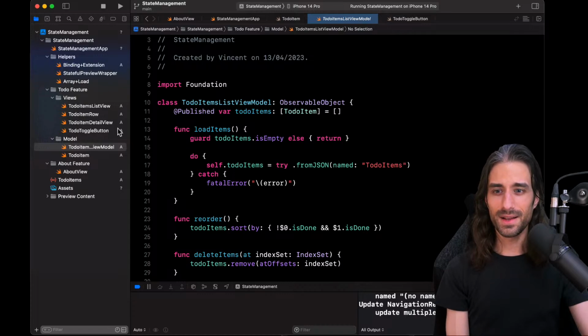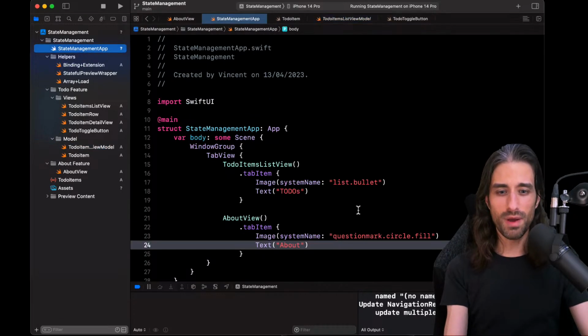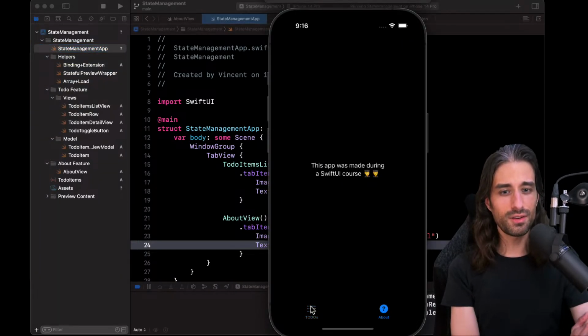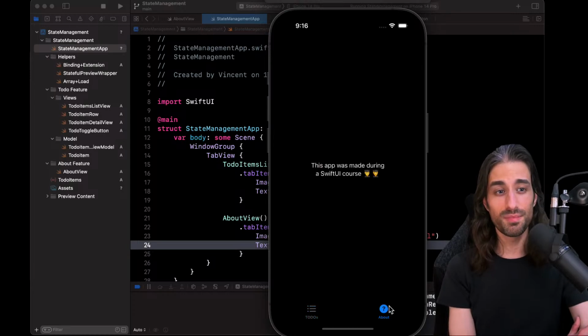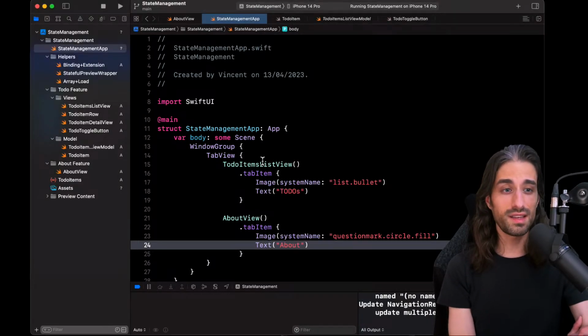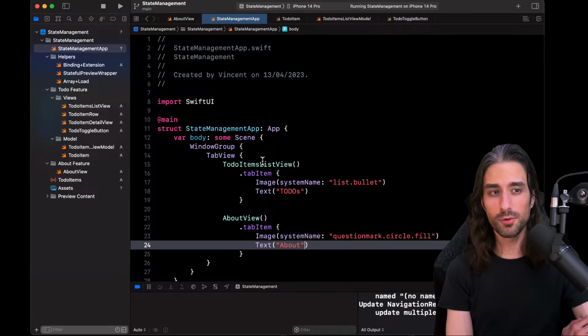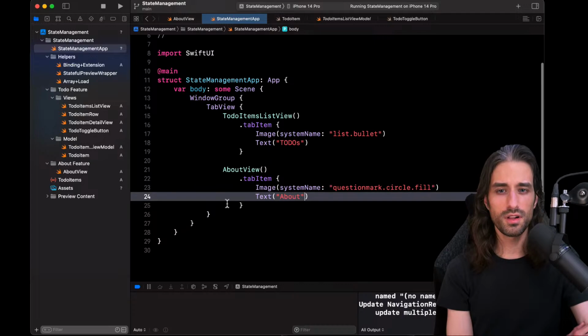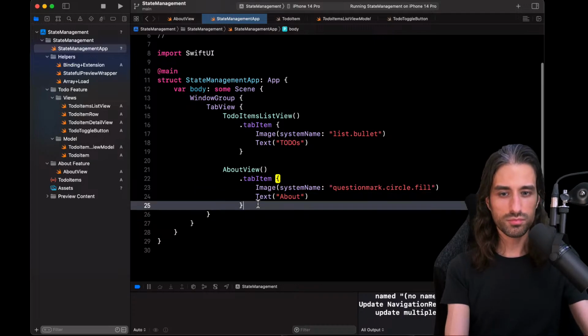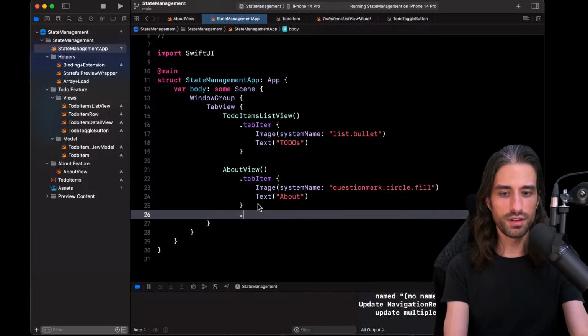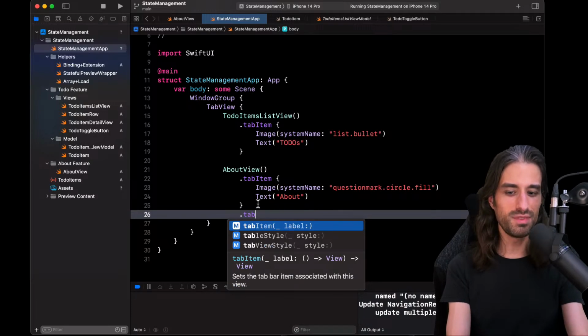Okay, so let's go back to my app on the simulator. Honestly, on the tab bar thing, I think it's mostly what I want to show you, because tab bar is quite simple to set up. You can see that everything is coupled together. There is no way to decouple, just like we did before. Let me check just to make sure, but yeah, there is no tab navigation that was added.